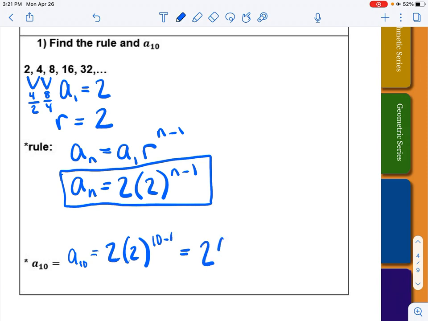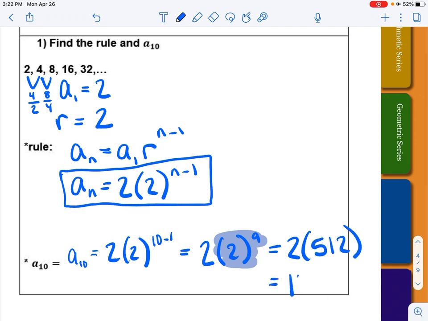Got ahead of myself. I have 2 times 2 to the 9th power. Notice, these go together. So I want to go ahead and take 2 to the 9th power. That is a 512. So I end up getting 1024 as my 10th term,